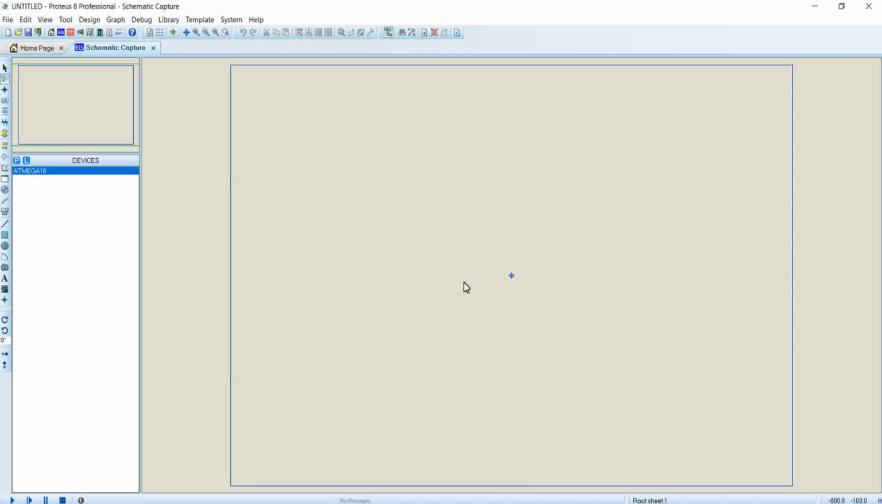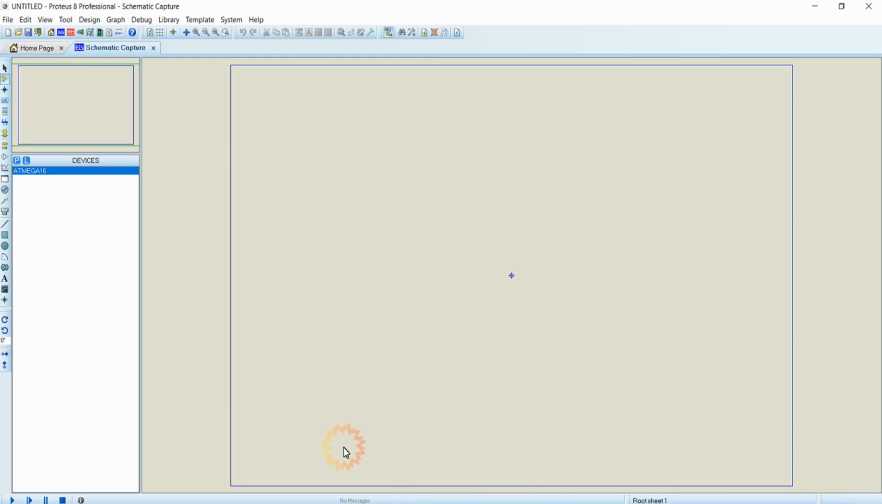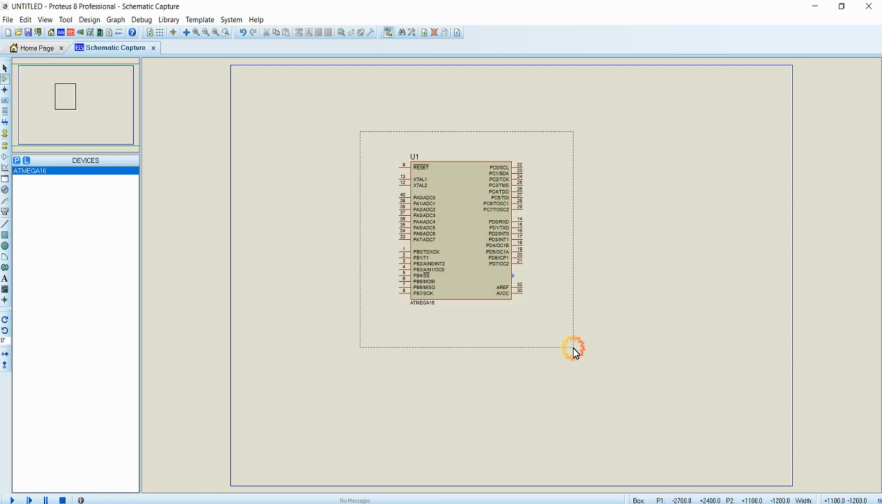Hello everyone. In this lecture, we are just going to interface 16x2 LCD with our microcontroller Atmega16. Let's get started. Initially, we are going to build the circuit for simulation in Proteus 8. So select the microcontroller Atmega16 from our components tab, and for picking the LCD,